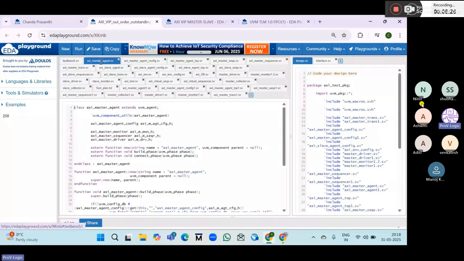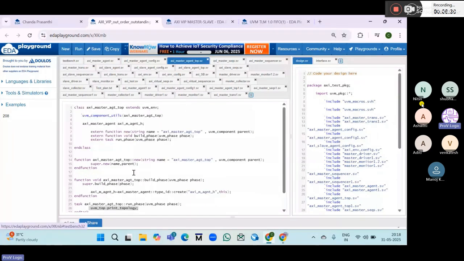Next, after the agent, AXI master agent, this is the actual top agent. Here it's just the top level. After top level, the testbench. Okay, so coming to the agent here,